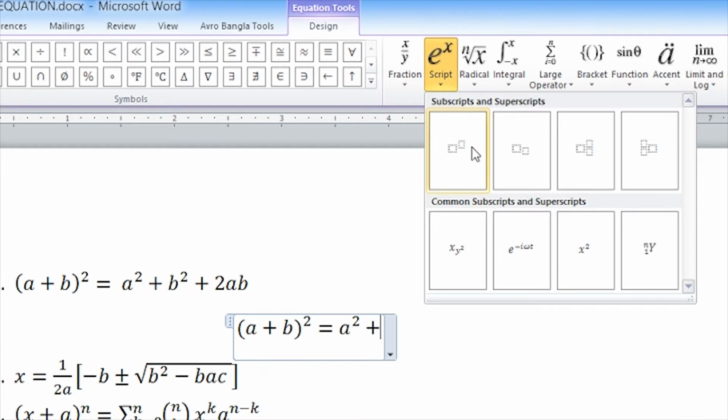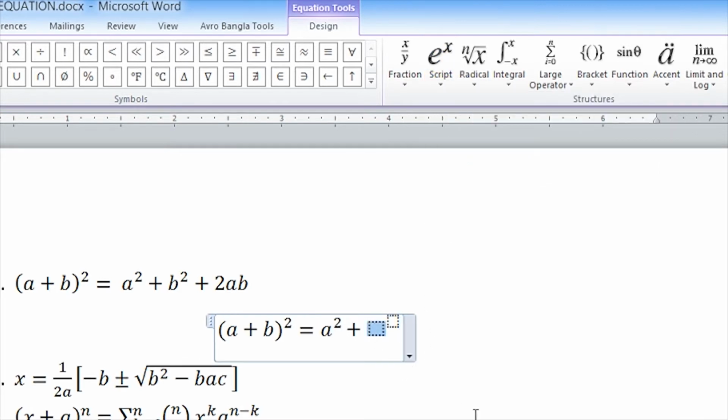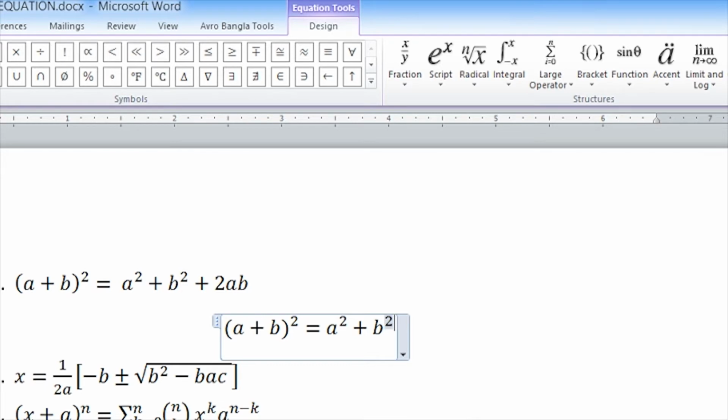Same here, b, then the right arrow key, then 2 for b square, then press the right arrow key again to put the cursor back to normal,